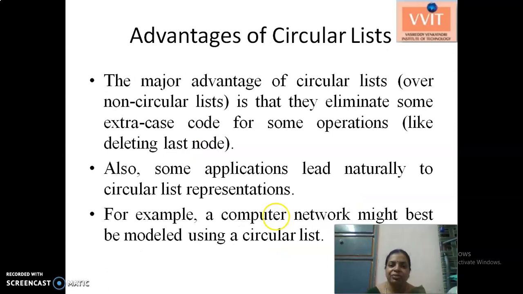And the advantages of circular linked list. The major advantage is that we can remove the extra operations needed to move in the linked list from last to first and first to last. Applications are whenever you want to perform operations from the last to the first.